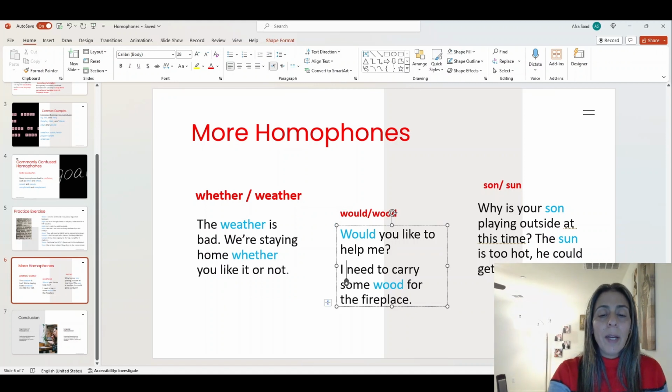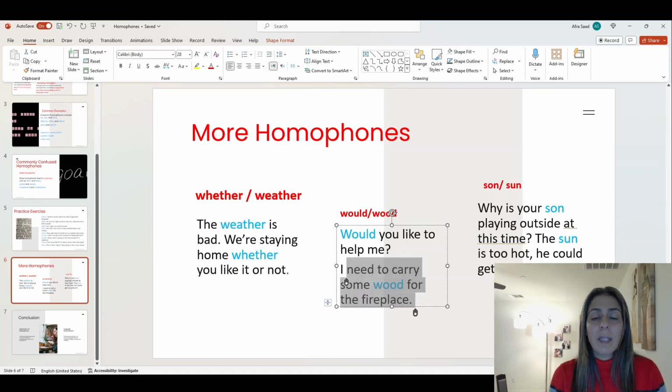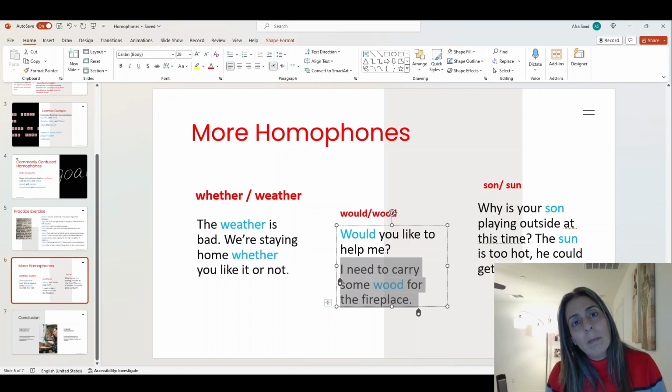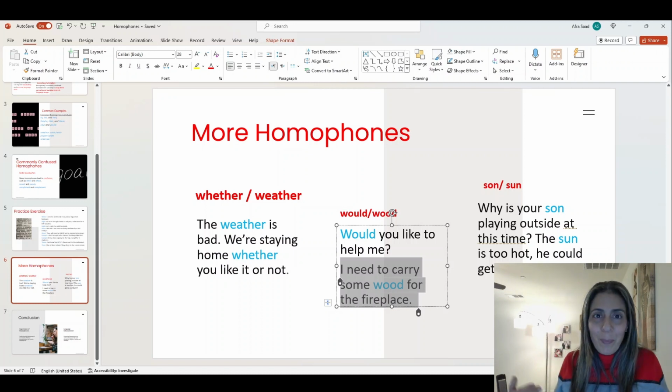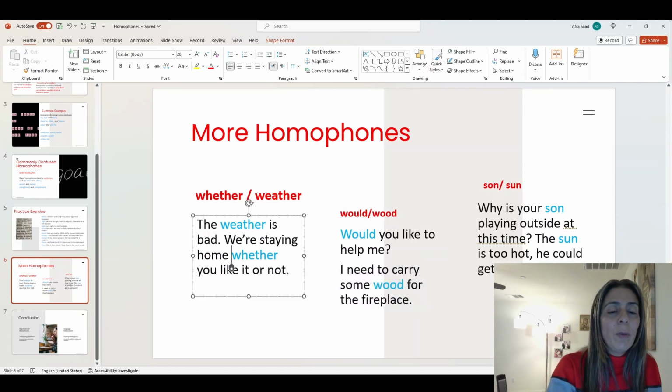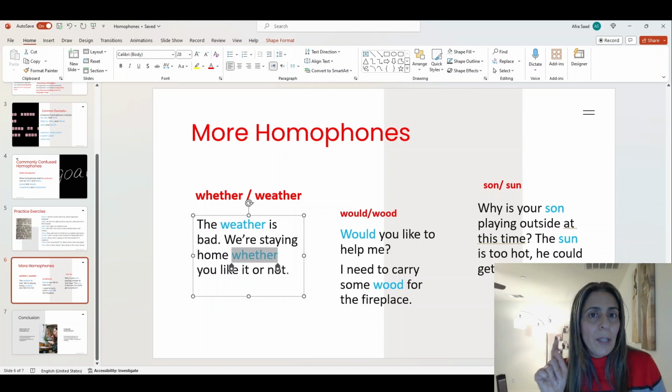So would you like to help me? I need to carry some wood for the fireplace. I will carry the wood whether you help me or not, because we need the wood for the fireplace. And in this case, we use this whether. I'll carry the wood whether you help me or not. Okay. Now